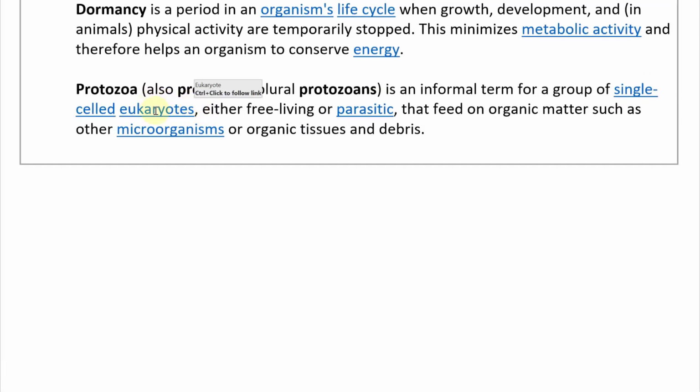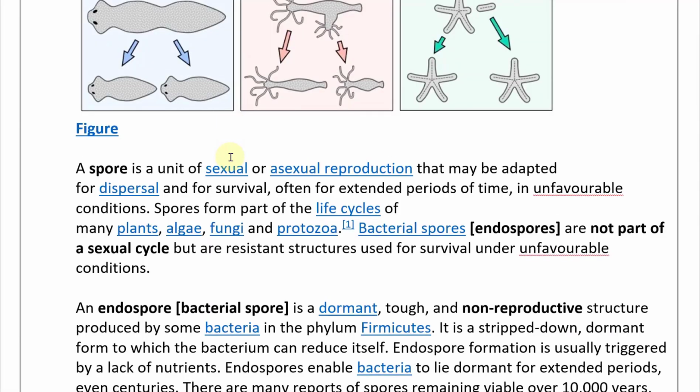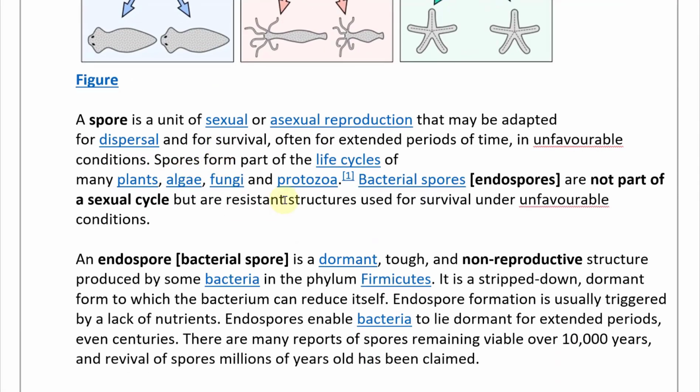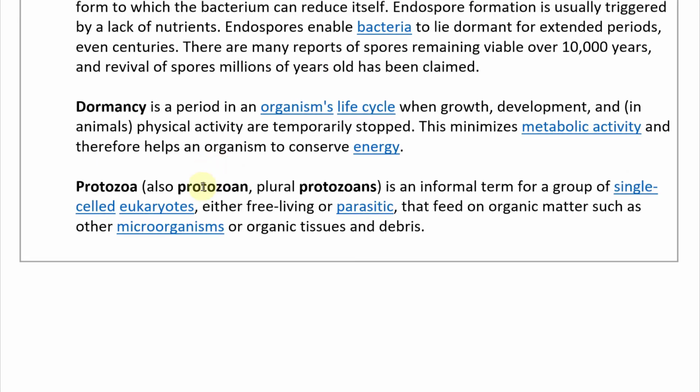Going further, protozoa. Protozoa also have spores as part of their life cycles, as do many types of plants, algae, and fungi. Protozoa, also called protozoan. Let's see how this is pronounced. Protozoan, or protozoa in the plural,